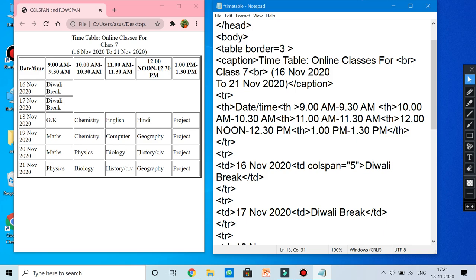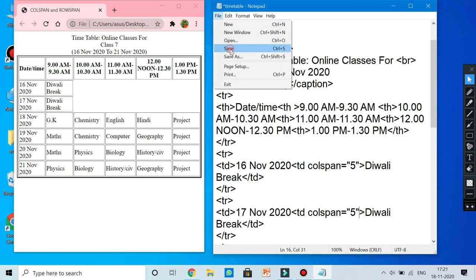Okay, now here in the 17th also, same way, colspan is equal to 5 columns. Now save it and just see the result.